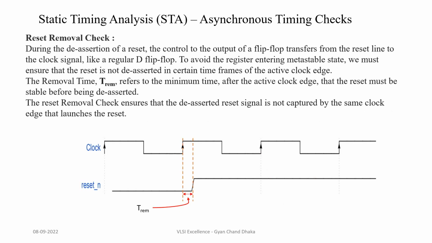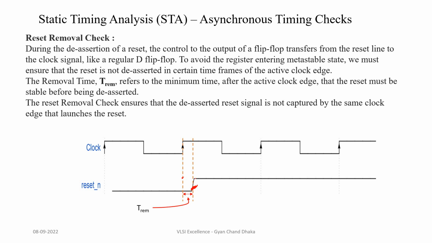So now let's discuss the removal and recovery checks in some more detail. So as we discussed, during the reset de-assertion, the control of the output actually transfers from the reset line to the clock signal. So basically here the flip-flop is going from its reset state to the normal state. And to avoid the register entering a metastable state, we must ensure that the reset is not de-asserted in certain time frames of the active clock edge. So here we need to make sure that the de-assertion should not happen before this point. So the removal time is nothing but the minimum time after the active clock edge that the reset must be